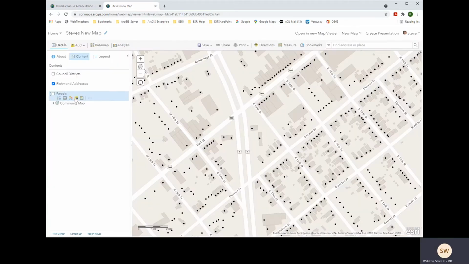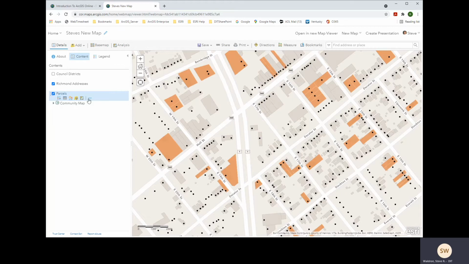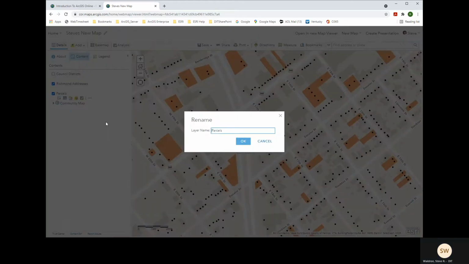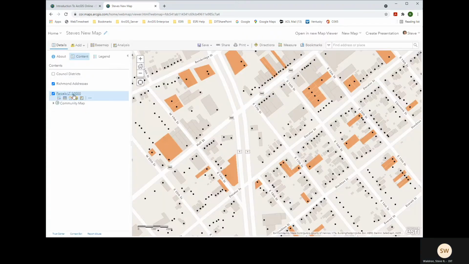Okay. Maybe I want these parcels to be called parcels less than $50,000. Okay, so you can rename them in your map. You're not actually renaming the source data, but just in your table of contents. So let's go and apply,